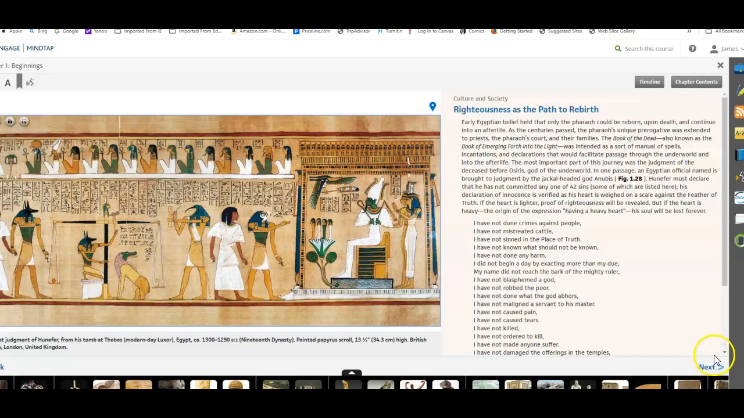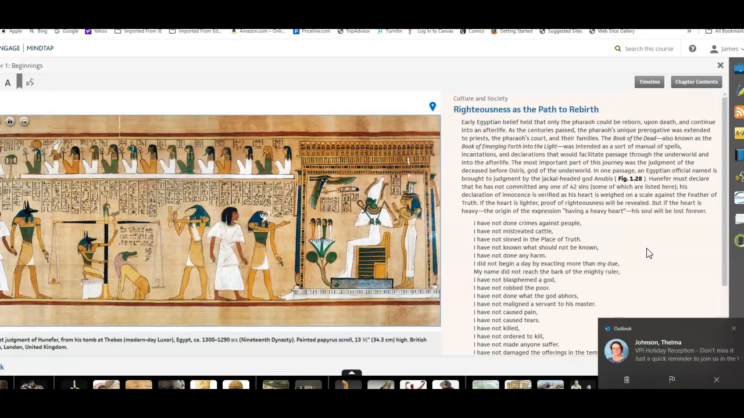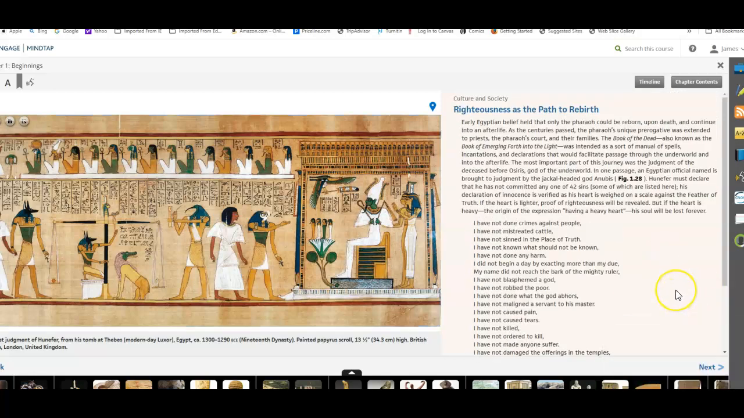It has spells, other aspects. It says here to facilitate passage through the underworld and into the afterlife. Judgment took place, and the judgment was an important aspect because you would be judged by Osiris, who's here, usually shown as blue. You'll have the scale here. This is Anubis walking the soul. Literally, the heart would be taken. The heart was viewed as